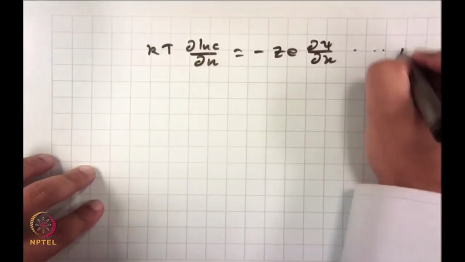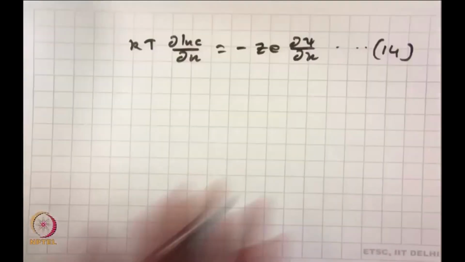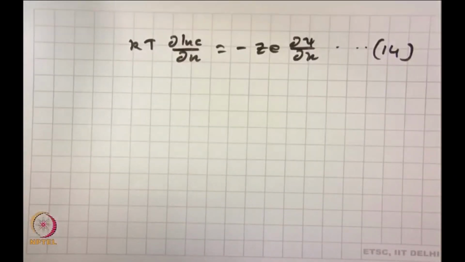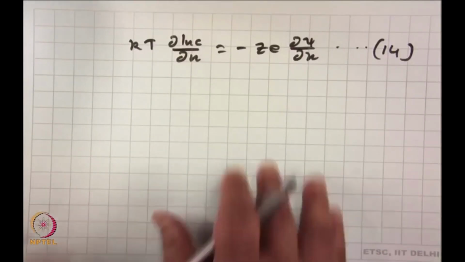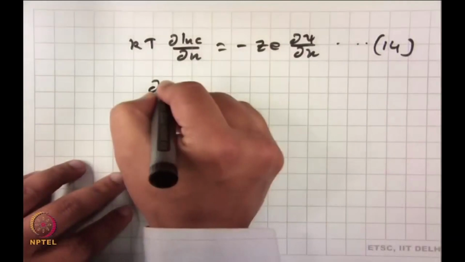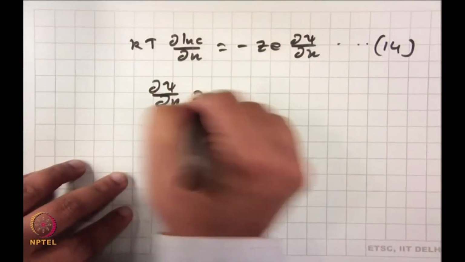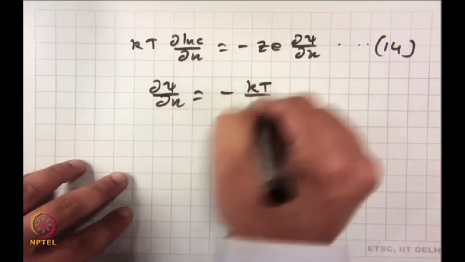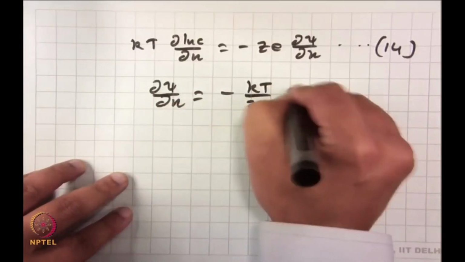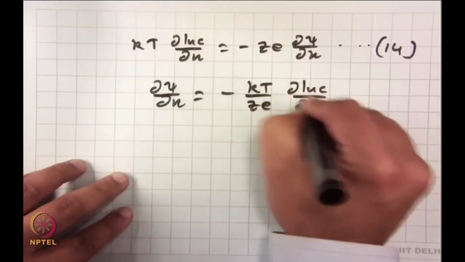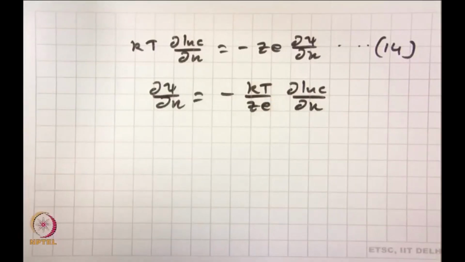Let this be 14, okay. And if this is 14, then immediately you can realize I can write del psi over del x is equal to minus kT over ZE del ln C over del x, right. So, this is the Nernst equation we had derived before, and you derived exactly the same thing again, considering